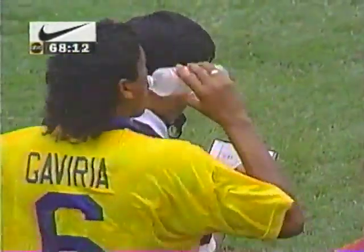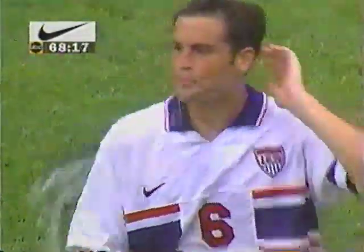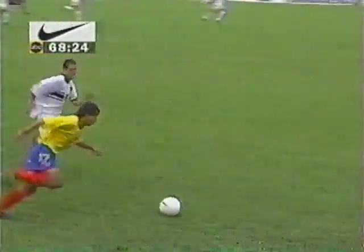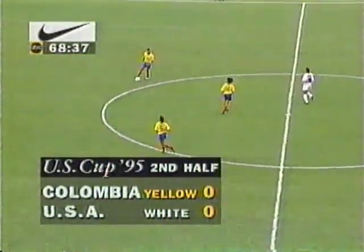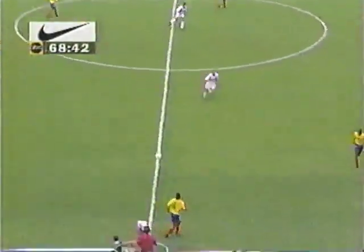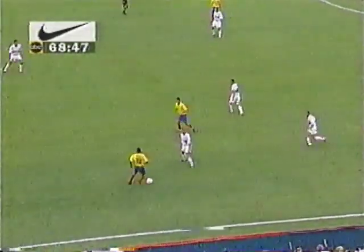But I gotta say that was a very tough challenge by Johnny Harkes, and understandably, he made the tackle a hard one because he felt that Wynalda had not gotten justice, so he gets the yellow card. Let's see if he comes in high here. Well, certainly Leon's head goes back. You can't quite see what happened there just at the end, but no doubt about the yellow card and the warning therefore given to Harkes, so he's now playing with a yellow. So, been a lot of physical contact, a few words exchanged between these two teams today, and we are scoreless